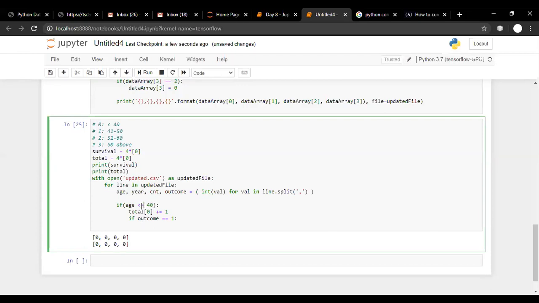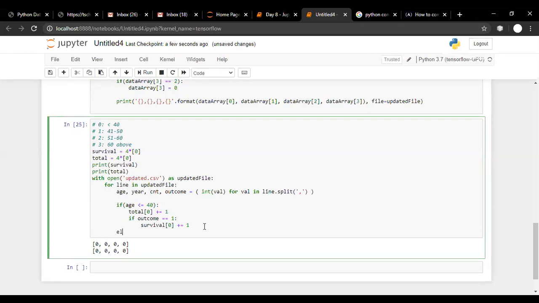Yes, Kevin, thank you, I should write age less than equal to 40. Then I am increasing the value of survival of 0 by 1. Only if the patient survived for more than 5 years are we supposed to increase this value; otherwise we are not. But the moment the age of the patient is less than or equal to 40, we are increasing the value of the total count.